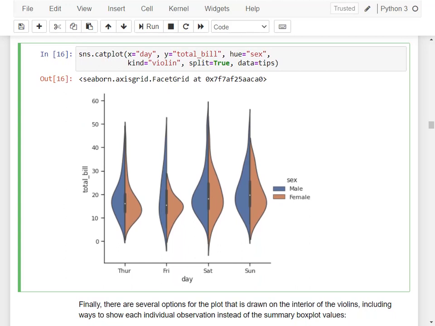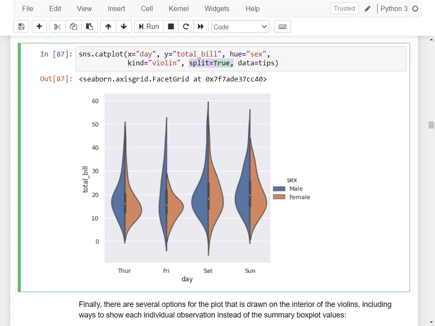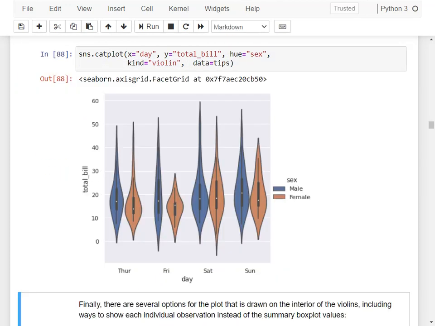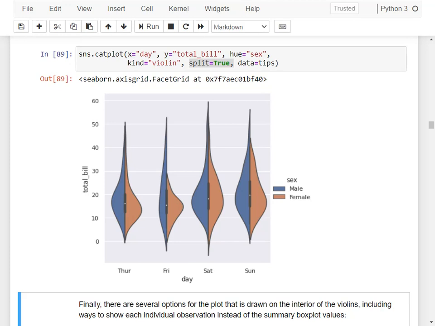Something interesting about it, similar to what we've done in the previous example when we looked at using color, right? Using color basically produced a different violin plot for each sub-value here. Instead of doing this, we can actually split the violin in half, and that condenses the data even more and allows us to compare and contrast the distributions much more